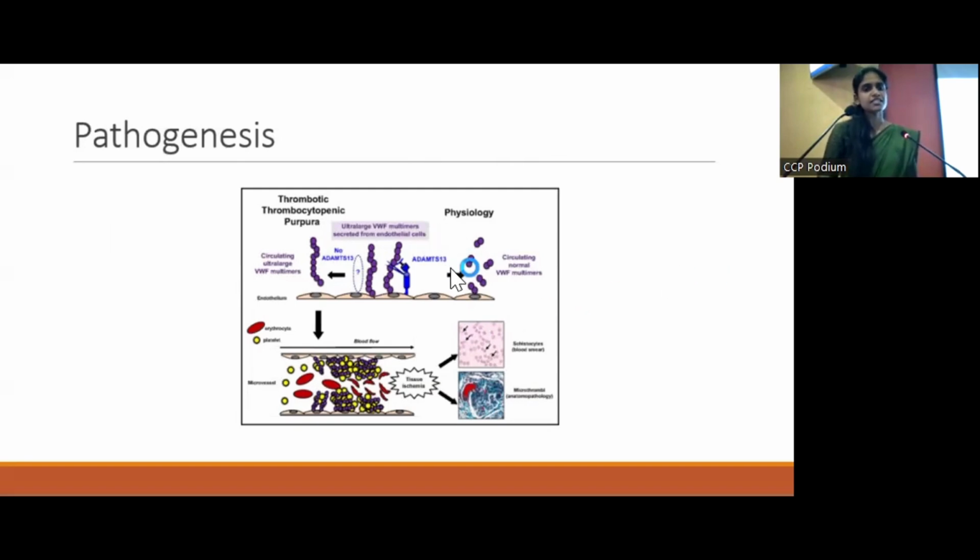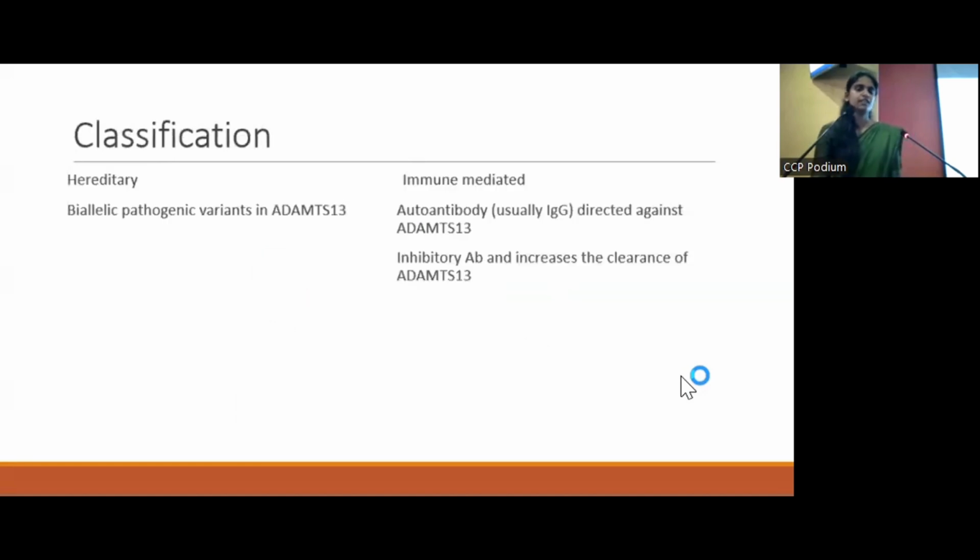So what happens is when the RBC passes through the microvasculature, it can cause mechanical destruction, and microangiopathic hemolytic anemia will result. With the reduced flow to the organs, there can be hypoperfusion and associated organ dysfunction. So how are we going to classify TTP? It can be hereditary because